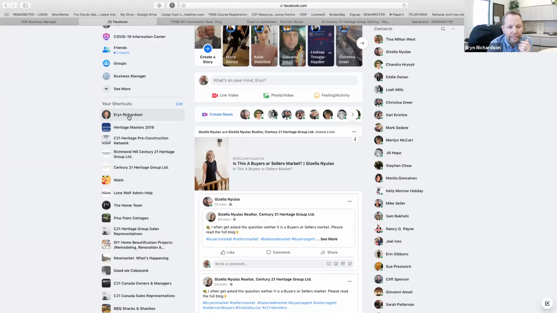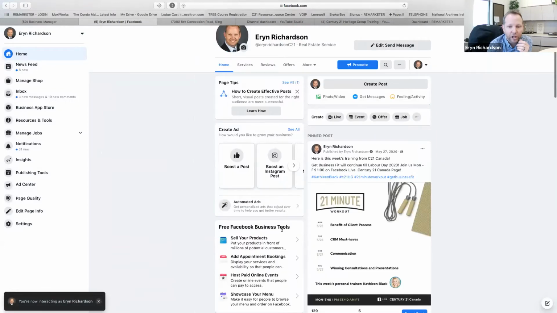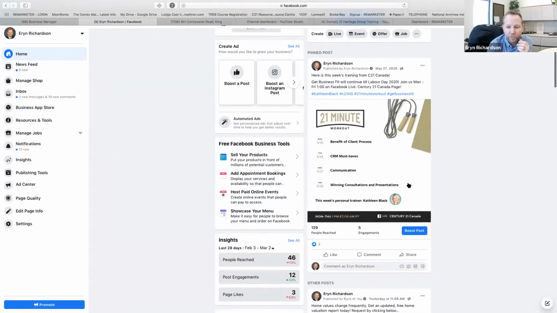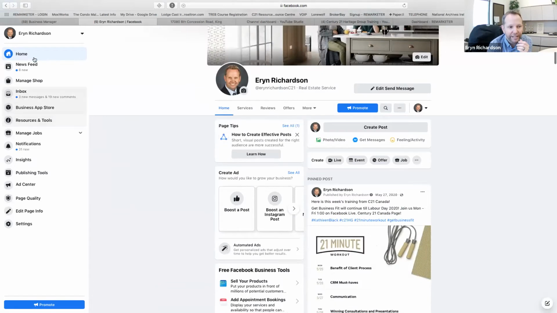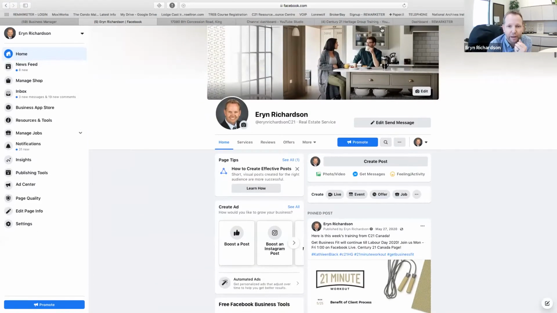So on mine, if I click on my business page, I'll be able to see not only what my business page has and what's being posted, but over on the left-hand side, I'll be able to manage it. So when you have your business page set up, you've put a picture, you've put your information, on the left-hand side here, you'll have a range of tools. And where you're going to really want to engage on an advertising basis is going to be on,